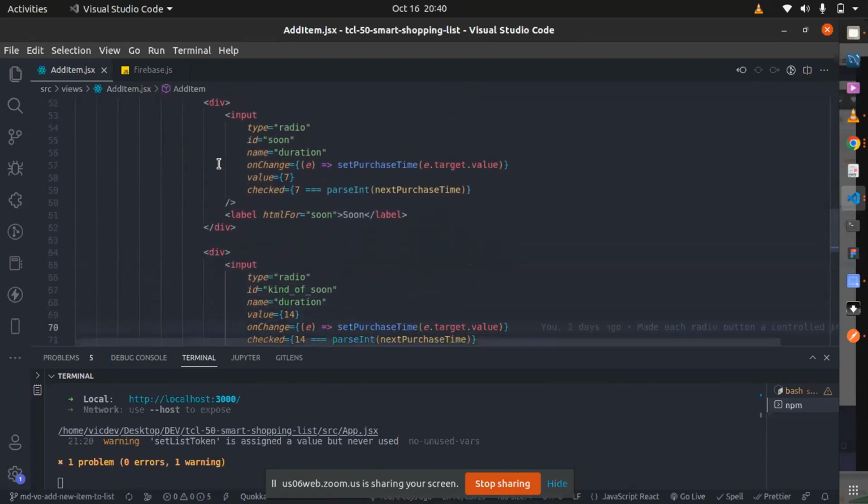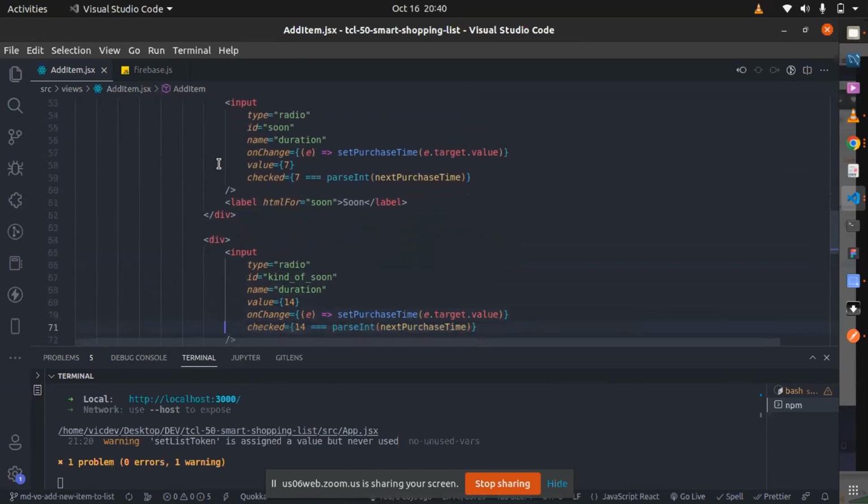We had 3 radio inputs, which are controlled radio inputs, each with a value representing the next likely time of purchase. So the first one was 7 days, the second one was 14 days, the third one was a month, 30 days. An on-change function that